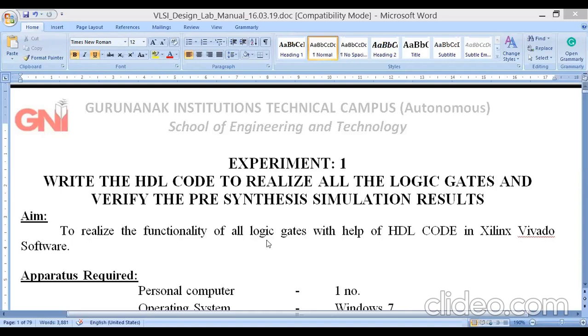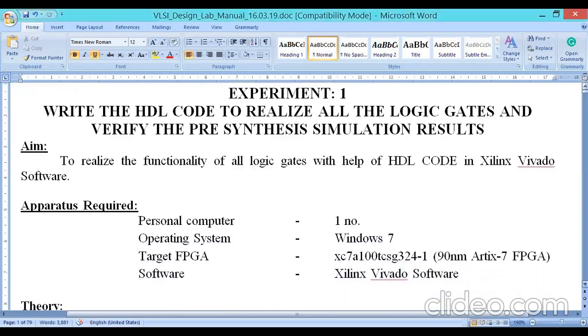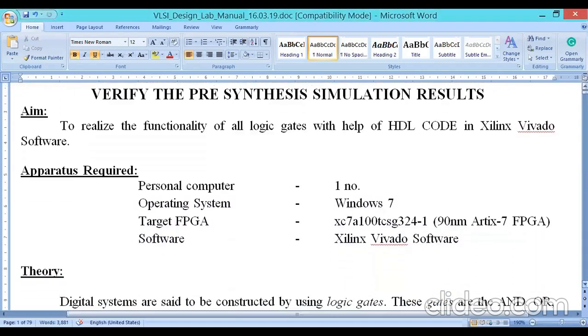Next, what are the operators required? The main operators required is the personal computer. Personal computer is required, or laptop. Operating system, Windows machine or Linux machine is supported. Next is the FPGA. FPGA is the hardware actually. Hardware board is required. Field programmable gate array, FPGA. The board is required. The board target is